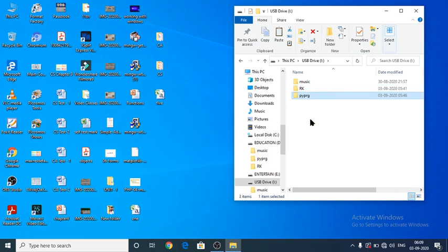So next one is deleting file and folder. If an unwanted file or folder is there in your computer, we have to delete those unwanted files and folders.